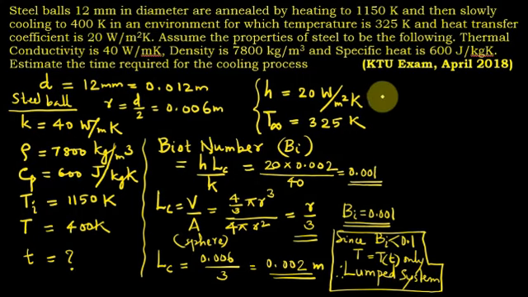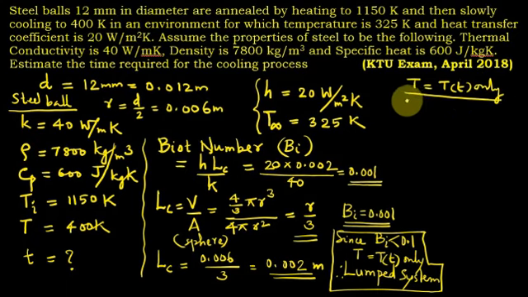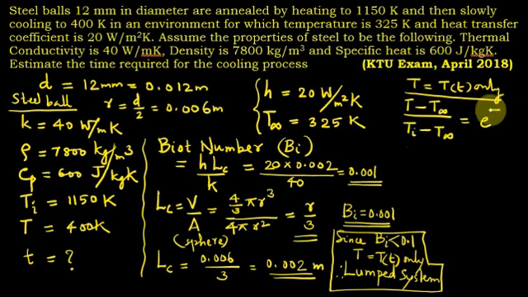So what next now? The next point is, we take the non-dimensional expression for lumped system heat transfer. So for the lumped system heat transfer, we find the expression. Temperature is a function of time only. And here we write the ratio: T minus T infinity divided by Ti minus T infinity is equal to e raised to minus t divided by tau, what we have written the other day. So tau is the time constant. The minus sign is over here.